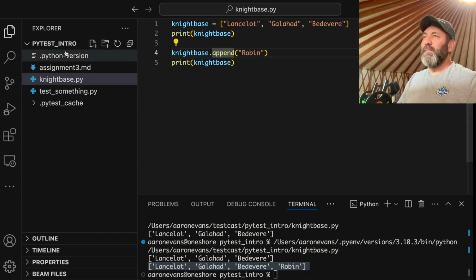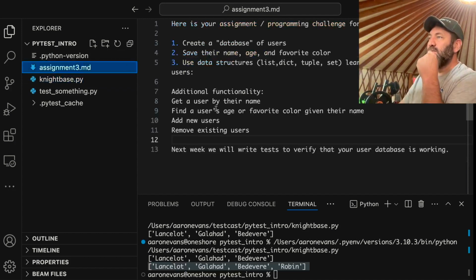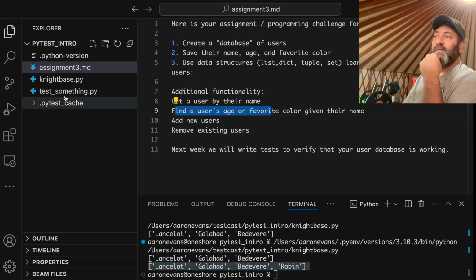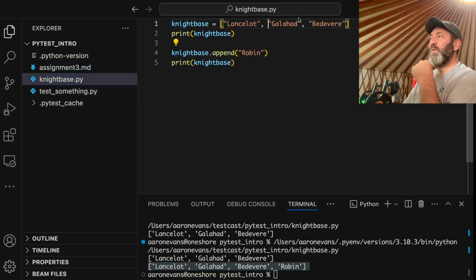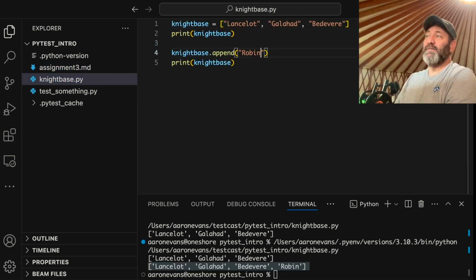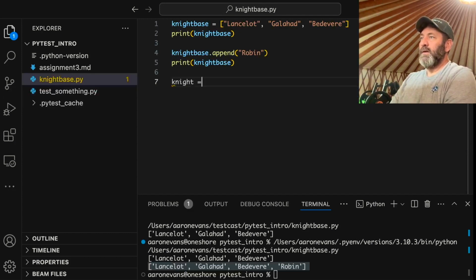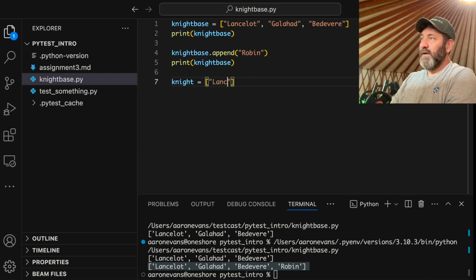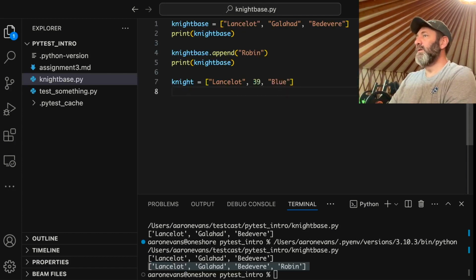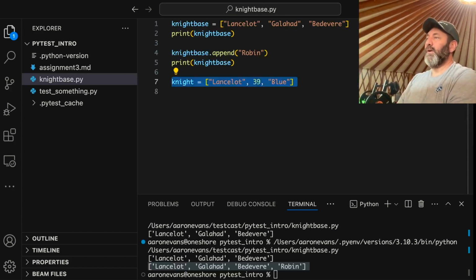But looking back at our assignment, we want to store a user's name, age, and favorite color. Well, we could create a list of lists, right? So we could do knight equals Lancelot, and we can store his age. He's 39, and his favorite color is, I think it's blue. I'll have to rewatch Monty Python and the Holy Grail. And then we can do,